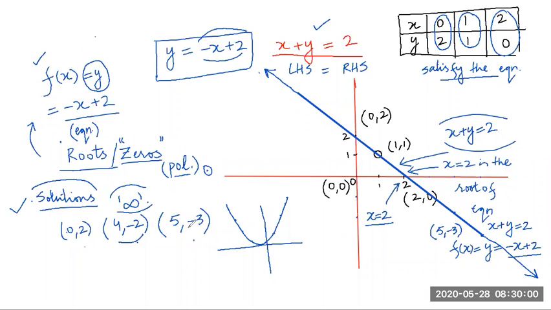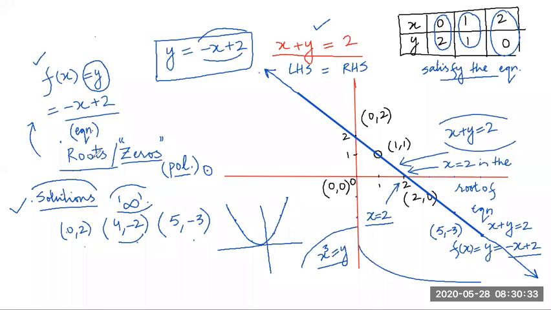Solution is clear. Yes. So how many solutions will be there for a linear equation, or for a quadratic equation, or for a cubic equation, or in general for any equation? Sir, infinite. Because there are infinite points on that line, or on that parabola, or on that cubic curve. This is a cubic curve, maybe x cube is equal to y. Its shape could be like this or maybe like this.